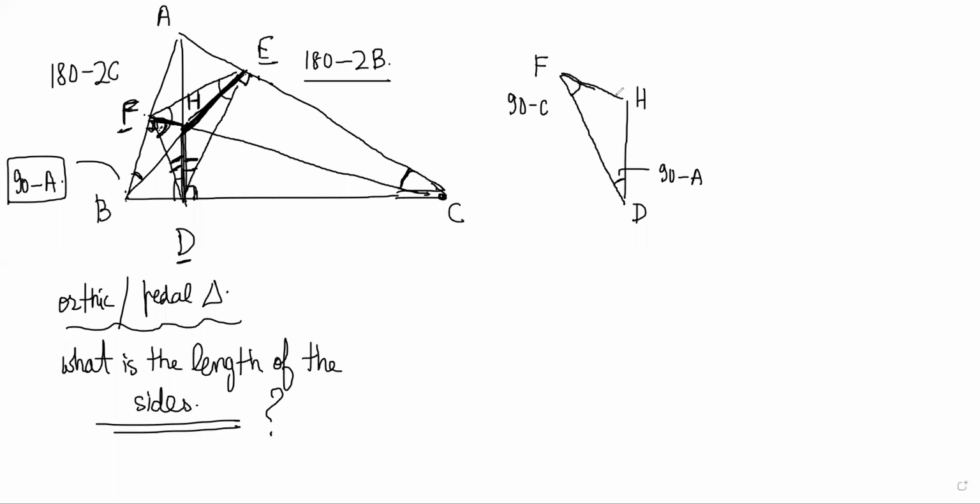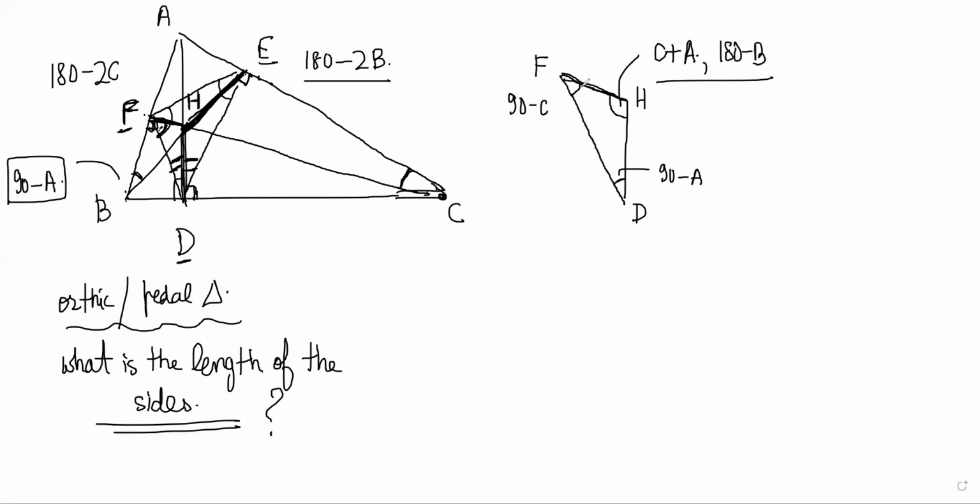Sir, can't we directly apply Ptolemy's in FHDB? You can directly apply it, but I am not using Ptolemy's because not everyone knows Ptolemy, no? So I'm doing the sine rule. I'm applying the simplest possible thing. Sir, angle FHD is angle B. Angle FHD is this angle. This angle should be C plus A, no? Correct, which is 180 minus B, right?